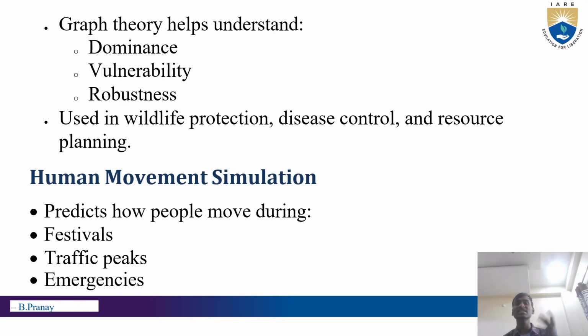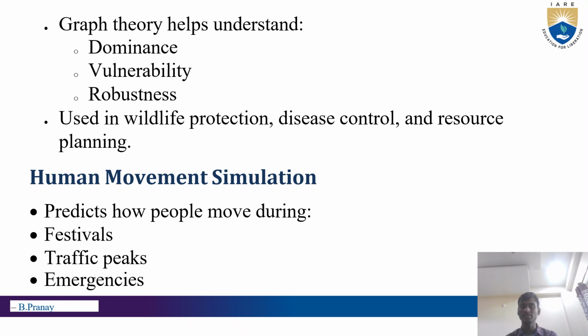Next, graph theory also helps in dominance, vulnerability, robust networks. It is used in wildlife protection, disease control, resource planning, and many natural resources planning. Like during COVID time, COVID was spreading. In order to control the COVID, they used some of these principles to do some changes